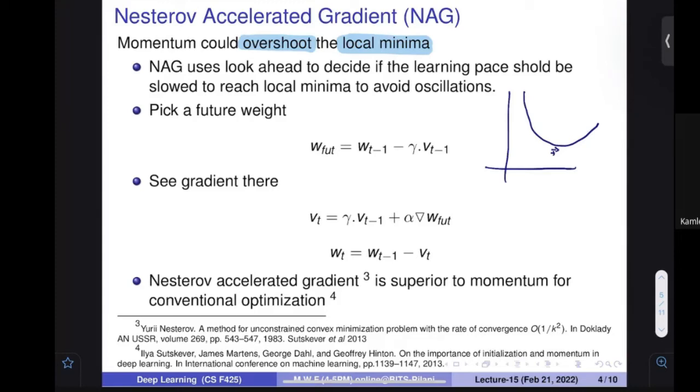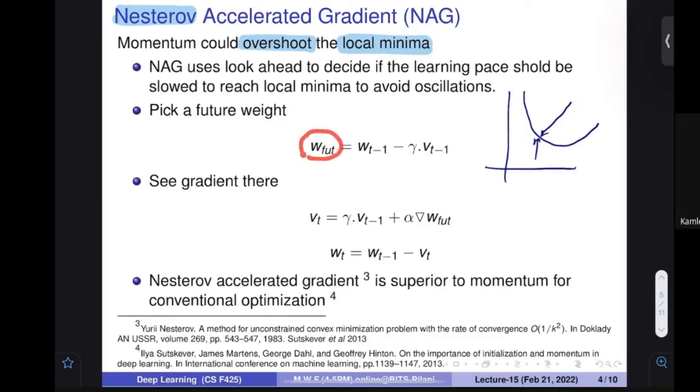Nesterov actually proposed this idea that when you are going to find the derivative, let's assume I am at this particular point, and I am actually finding the derivative at this point. It says you do one more thing: you add whatever value you want to add and see what the next position is. On this next value, you find the derivative, and use this derivative to update at this particular place. The idea is that